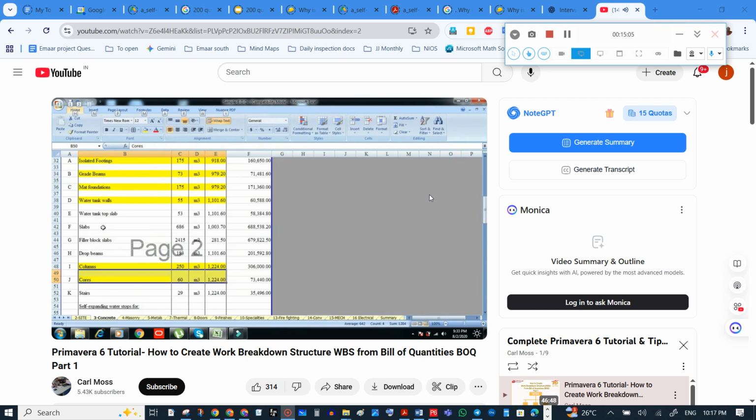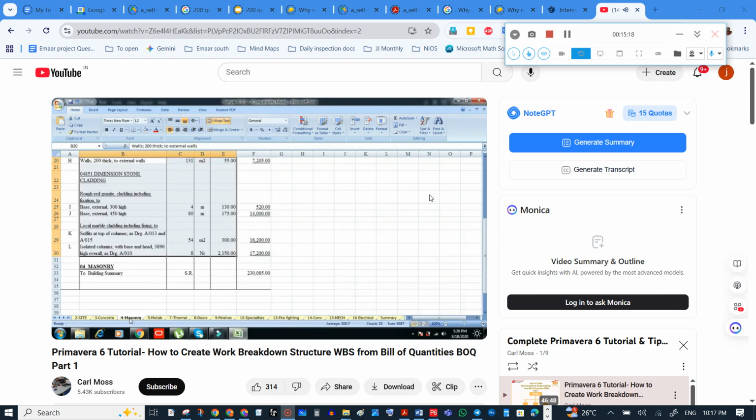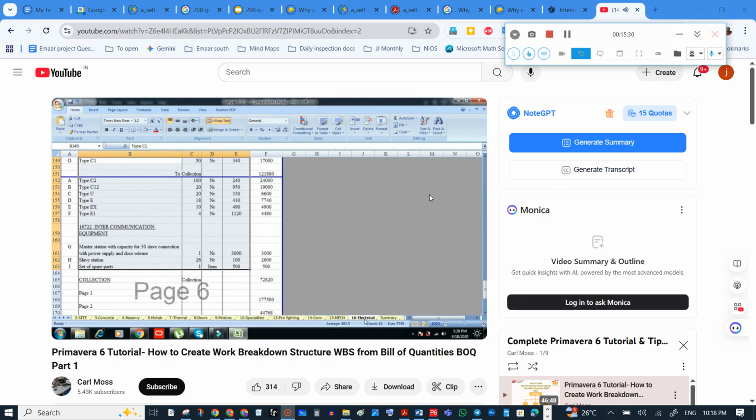Just follow and continue the percent weight distribution for slab, drop beams, and stair. And proceed to the next division of work, division number 4, which is masonry works, and continue to finish the remaining divisions up to division 16, which is electrical work.